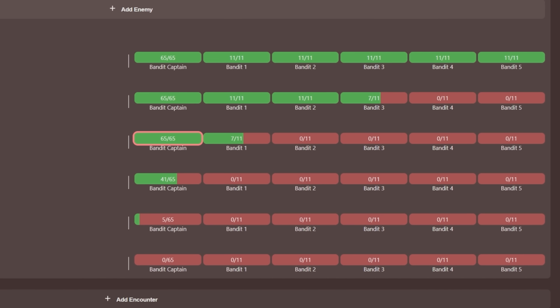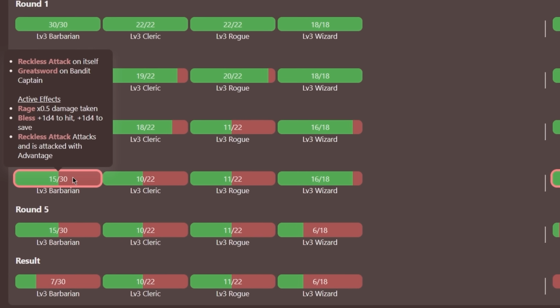BattleSim allows you to simulate combat on a round-by-round basis, giving you HP by round and the outcomes of the encounters. Now obviously this can't account for different tactics your players might employ, or Dave's brand new dice that just happens to be lucky and has rolled nothing but nat 20s all night,